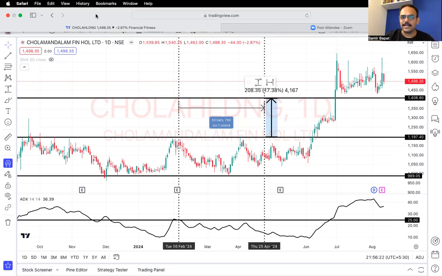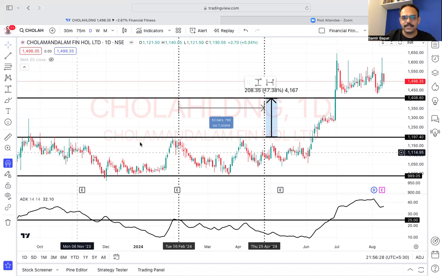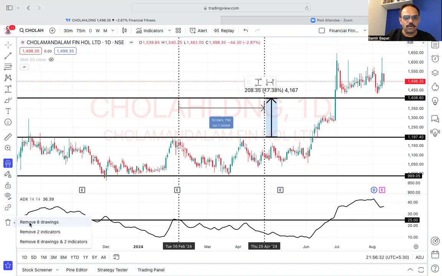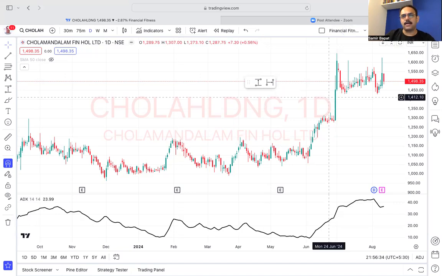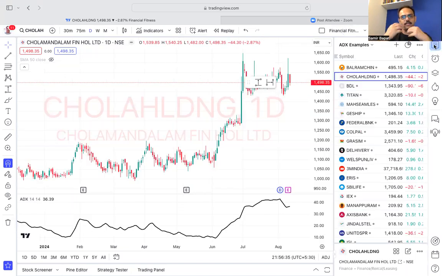So learn something interesting, learn something new: how to trade the sideways market, how to wait out patiently. Now, the third example I want to share: again, if you see a sideways market, don't jump in. It doesn't happen that it's gone sideways, so it will go up. See again, now let's take the